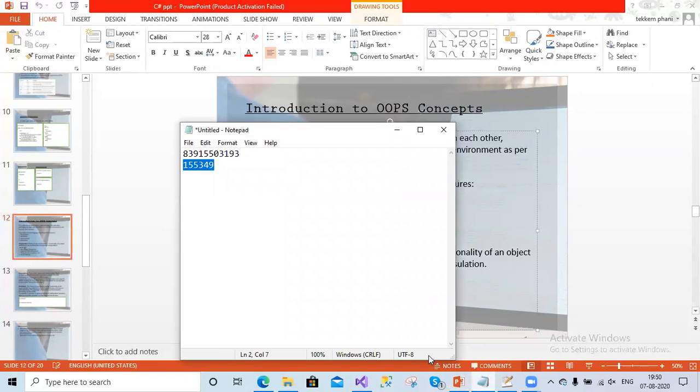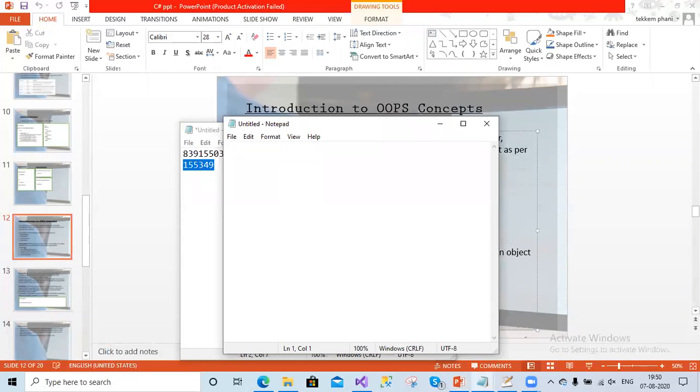But in advanced JavaScript, we can use inheritance, and we can do polymorphism. That means we can perform overriding, but we cannot perform overloading in JavaScript. This is with respect to JavaScript I'm saying.